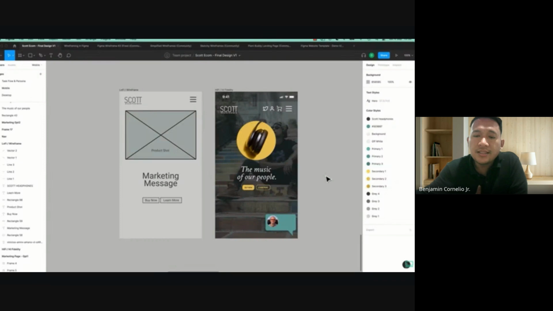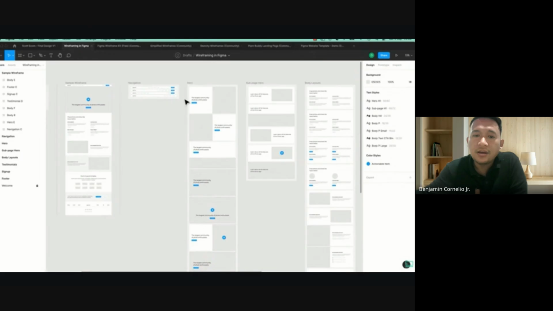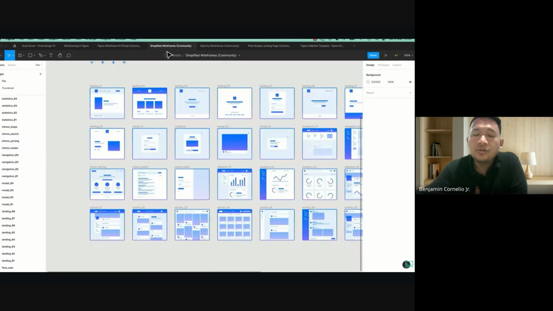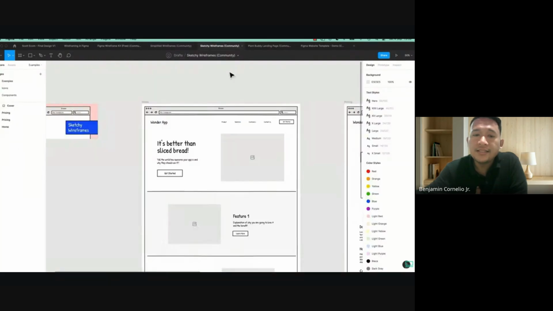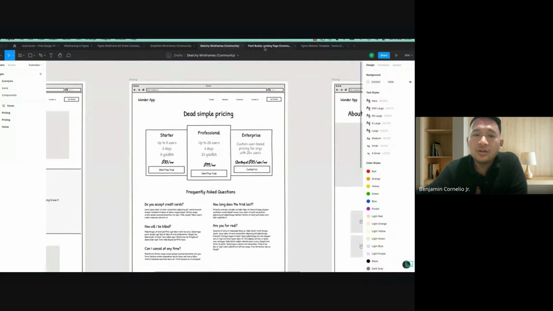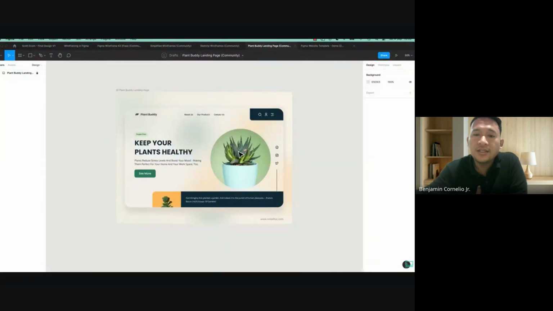This one is actually a similar layout to what was given to you. When you open a sample wireframing in Figma, this is one of the templates that you will see. It's just a plain and basic layout design or low fidelity design or wireframing, no color, not too much detail on it,